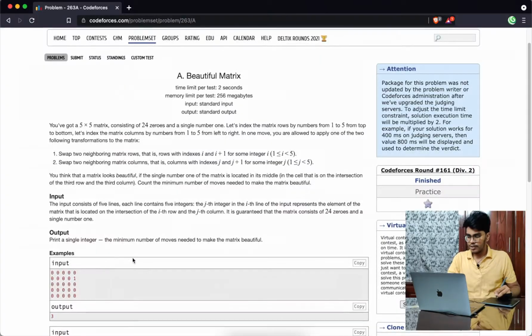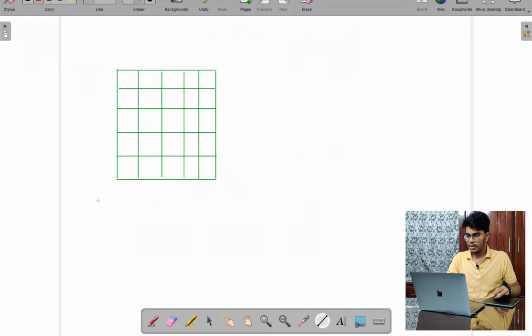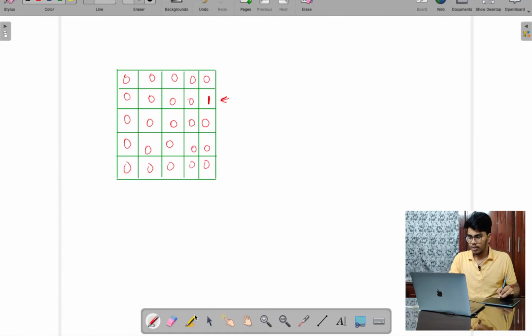So let's see one example and understand the question. Let's take this as input where all are zeros and there's only one 1 at this position. Let me fill the rest with zeros. We need to move this 1 exactly to this place. So how do we do that? The minimum number of moves would be basically to move its row. Let's also write the row numbers and column numbers, 0, 1, and so on. I need to move this particular row to 2. So how many steps do I require to move this number to row number 2?